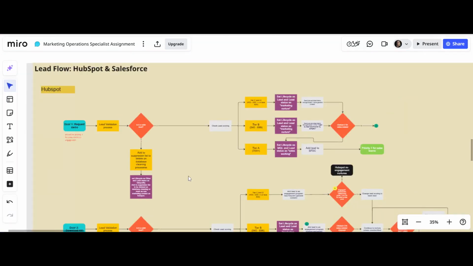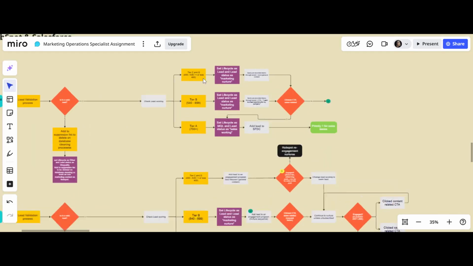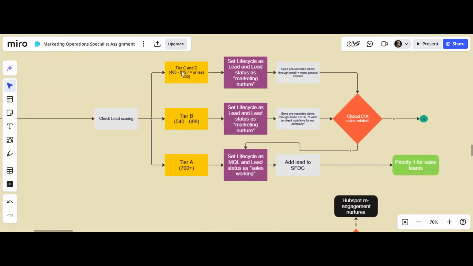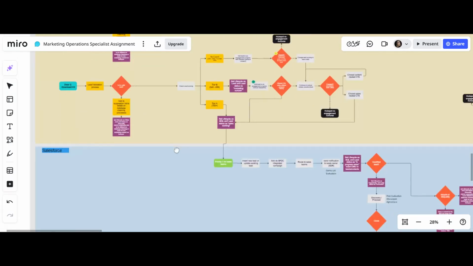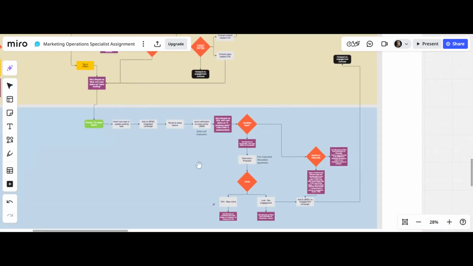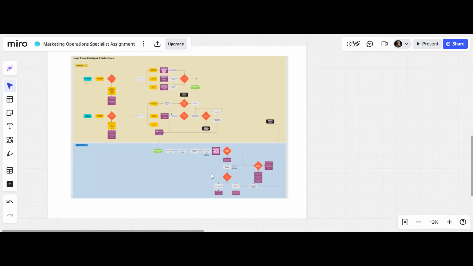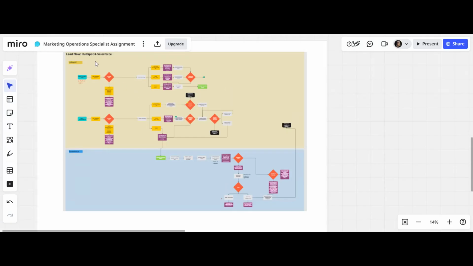And then I'm checking also, for example, the lead scoring here. If it's tier A, it has like 700 plus points. What happens then? And so on. In this example, at what point does the lead or contact enter Salesforce, and what happens in Salesforce as well? So let's say you have a flow between,